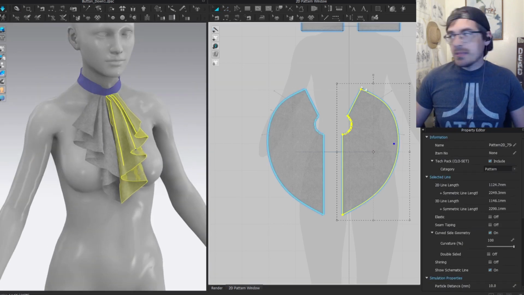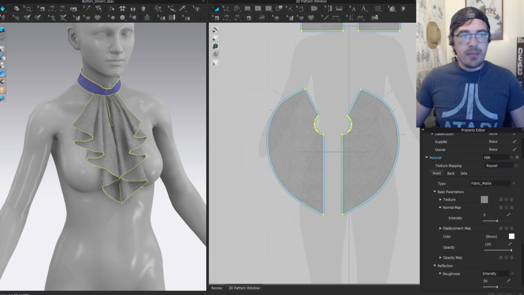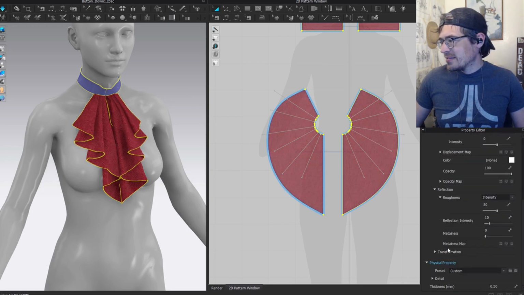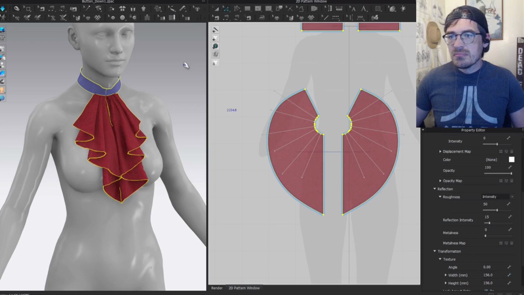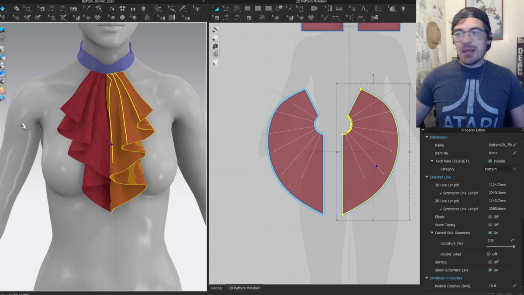Now, the next thing we want to do, let me just change this to a more classic kind of red fabric real quick here. Like that. No, too red. Not that red. This red. Close. Okay. So now we've got this in the correct shape, but now what I want to do is really